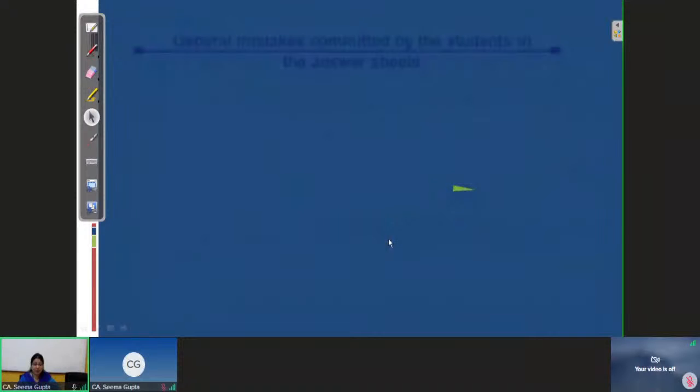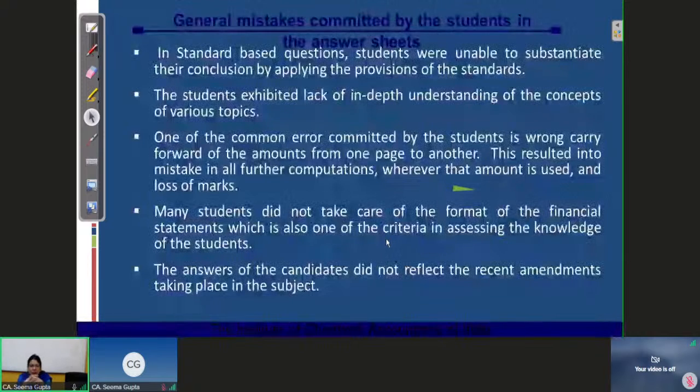And one more thing, it's very important. Do not mention any wrong para number or wrong accounting standard number in the answer sheet. If it's a question of AS 3, or AS 12 government grant, first of all you should be very familiar with the name and the number of the standard. If you are not sure, like if you have forgotten in the examination whether government grant AS was 12 or 30, and you write AS 14 accounting for government grants,